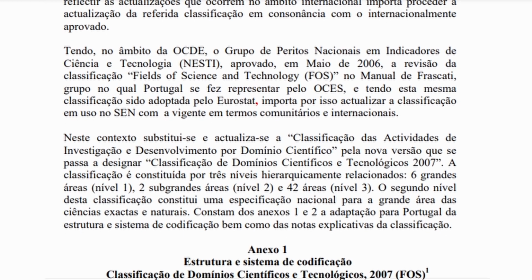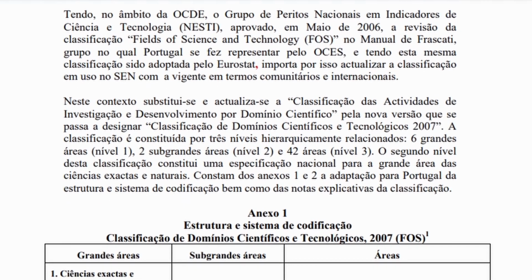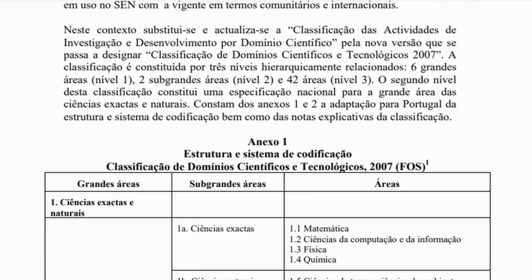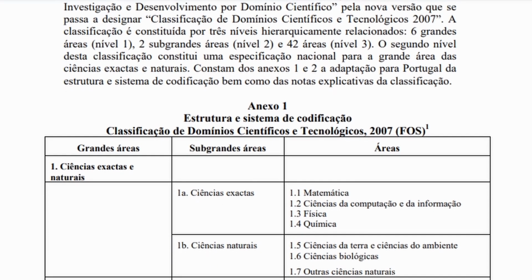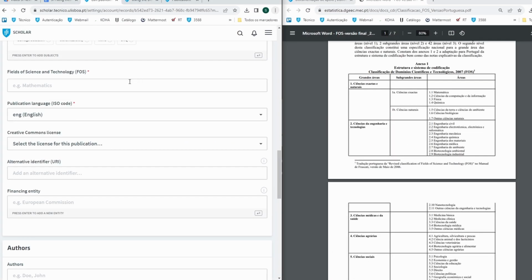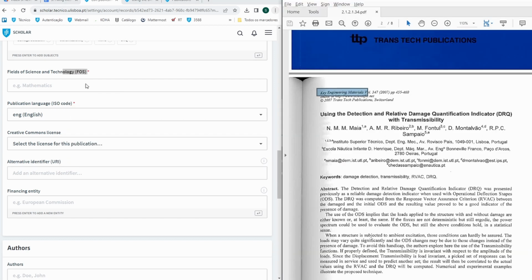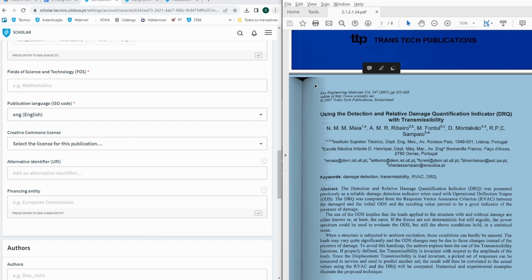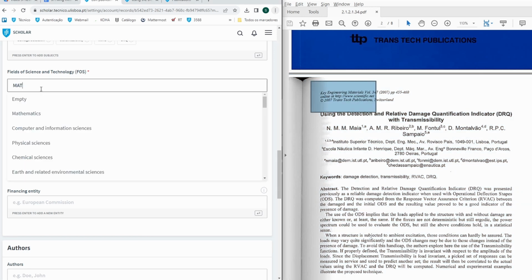It is the review of these classification fields of science and technology. This field allows us to identify the classification of the scientific domain and generate statistics on which areas are producing the most and which areas are being researched more. And we have all these fields that will appear here available. In this case is the FOSS field. We recommend that the authors identify their FOSS field in their file. We can see here that this specific article was published in Key Engineering Materials. Therefore, we can infer that this article is related to materials engineering, and we select this FOSS field.